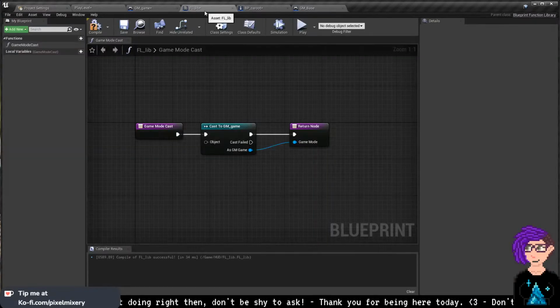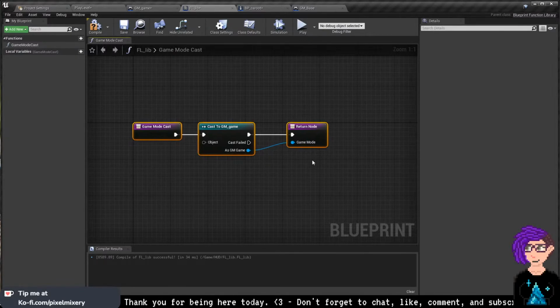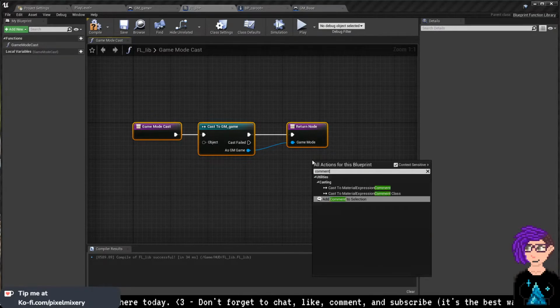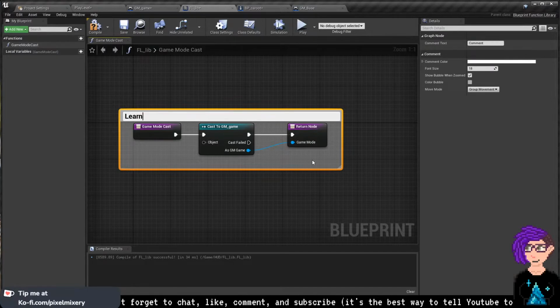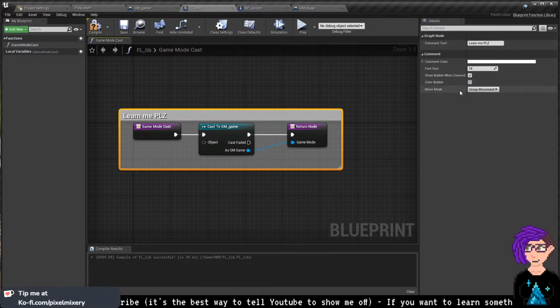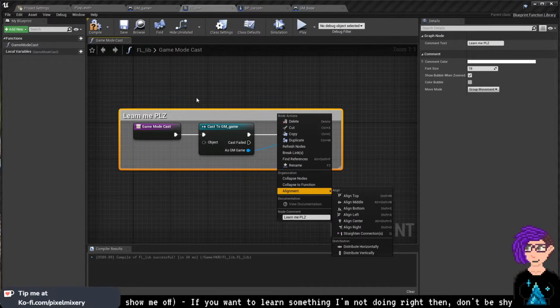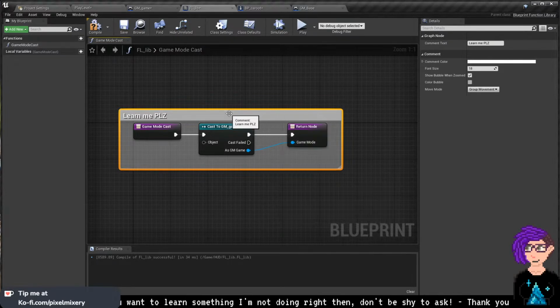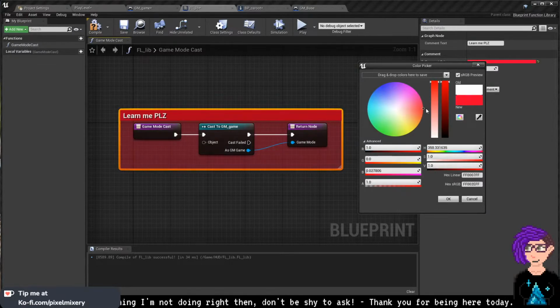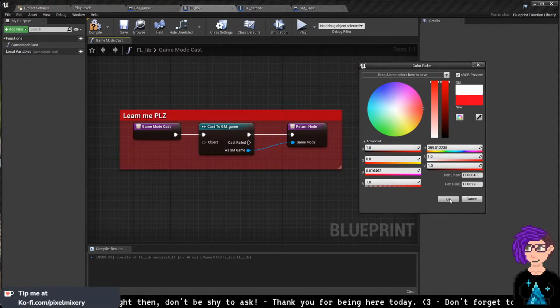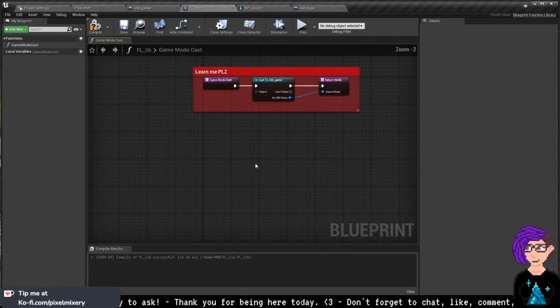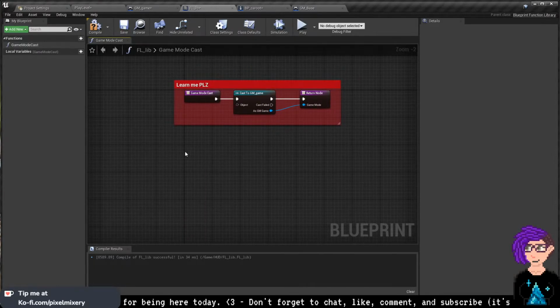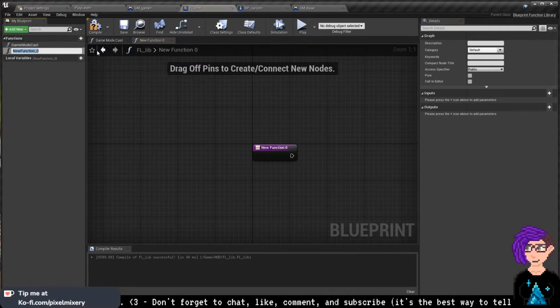So the game mode cast, I'm going to leave that alone. We are going to comment this to remind myself that it's broken. Comment. Learn me, please. There we go. And then I'm probably going to make this a different color just so it actually stands out. I've forgotten how to do that. Oh, there we go, we can just go in here and pop it over. So if I ever come back to the code, I'll be like, hold on, that's probably wrong. Cool. Alright, in that case, I'm going to start a new function, and this one should be